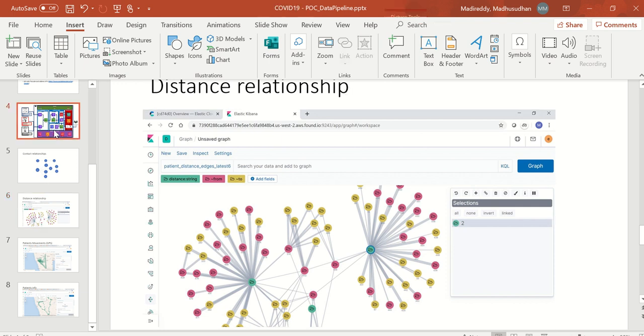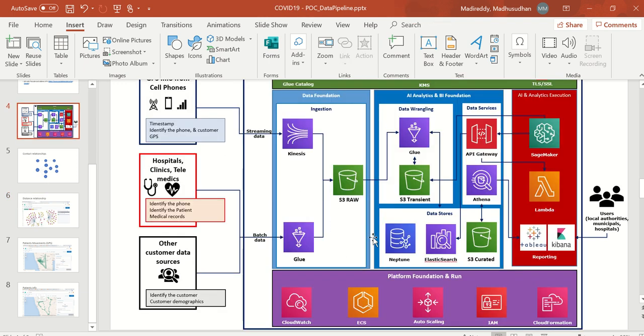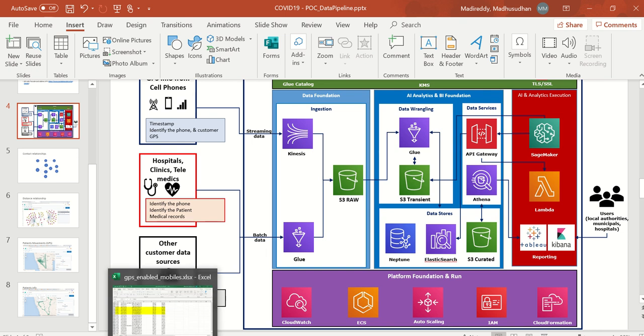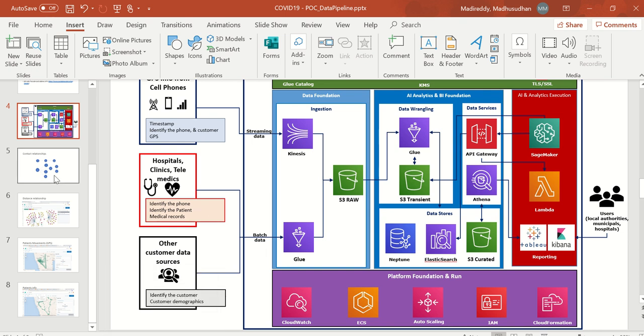So now we are at finding the vertices and the edges. As per data, we have identified two important relationships. One is contact, another one is distance. So the GPS data will give us the distance, how far each contact is.